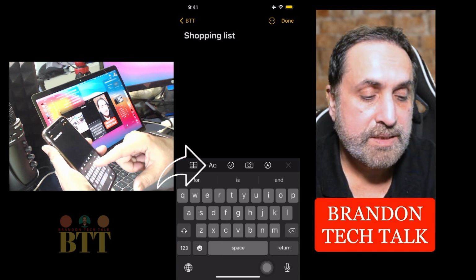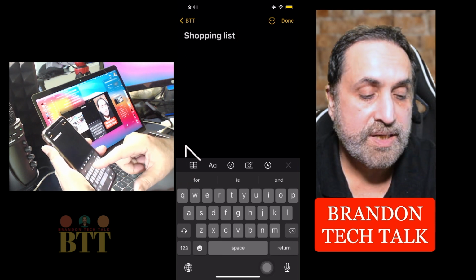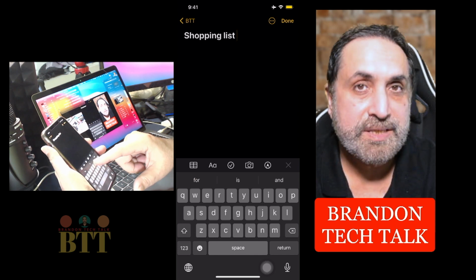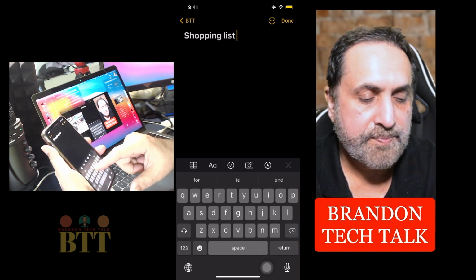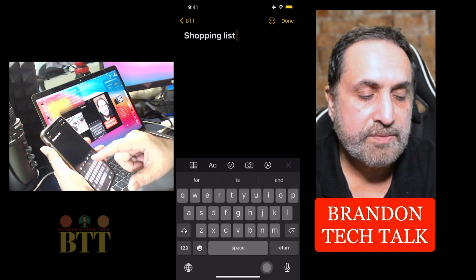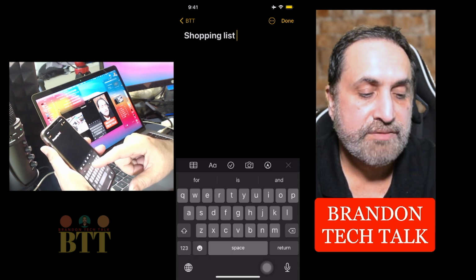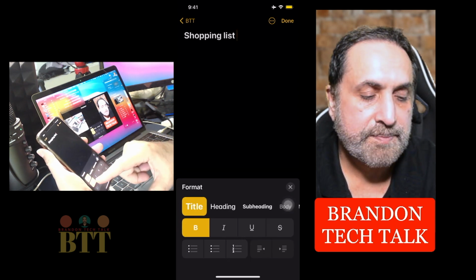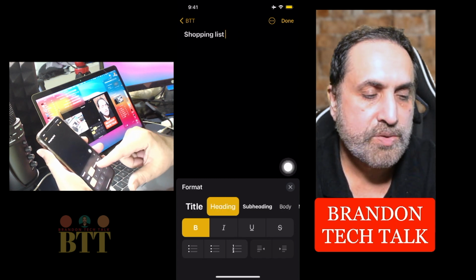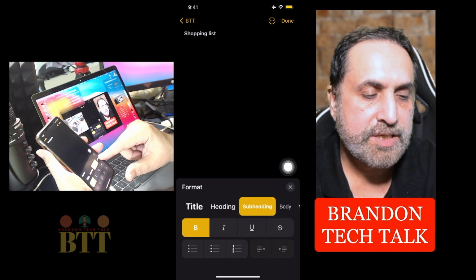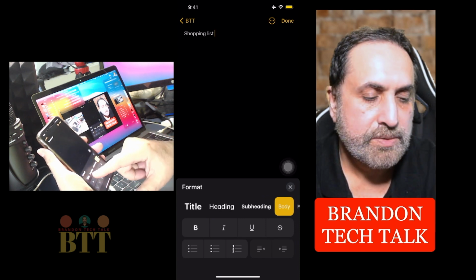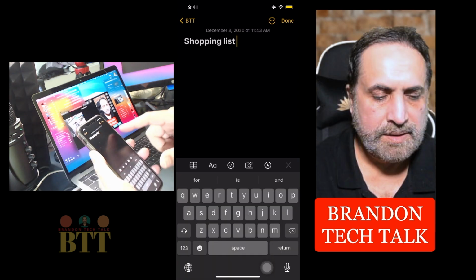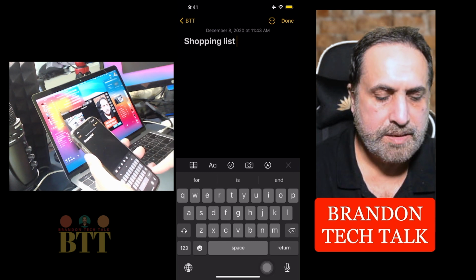Formatting is always with a capital A and a small a. Whenever you see that icon, that means formatting. Just above the keyboard, you will see the formatting icon, which is second from the left. You tap on that, and it shows you that it's a title. You can change it to a headline, a subhead, or a body. So I go back to title, then you can press return,